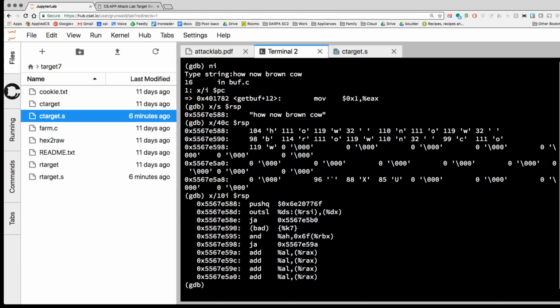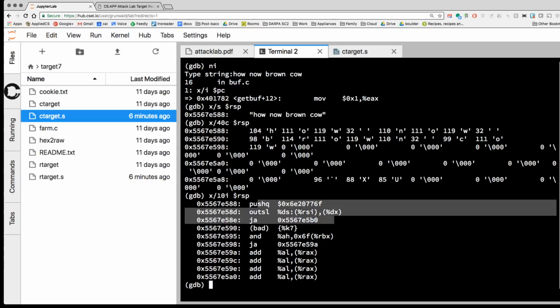Some various other things would happen. Some bad instruction would occur here, and so on and so forth. So all I'm doing here is looking at the stack as strings, as bytes, characters, and as instructions. Understanding that the data in the stack can be any of these things, depending on how I look at it,